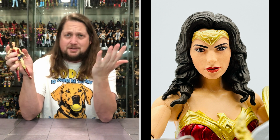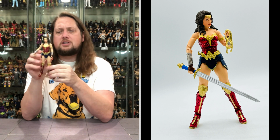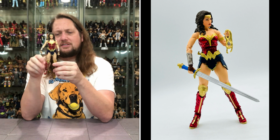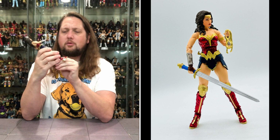But looking good right here in the head sculpt department. A little bit mannequin-like, I guess. And I guess at the end of the day, mannequin's kind of like a big action figure. So it is what it is. But looking good. Very shiny, bright red top on her with a bright blue skirt, gold highlights throughout, and you got a spot to store that truth lasso over there. That's always good. Bare legs here, and then you get to those big old boots down here, red boots with